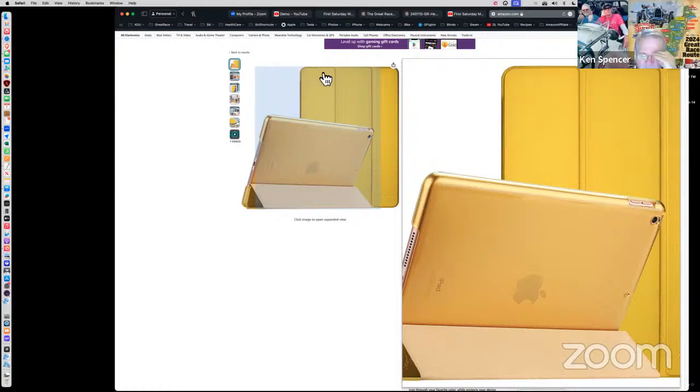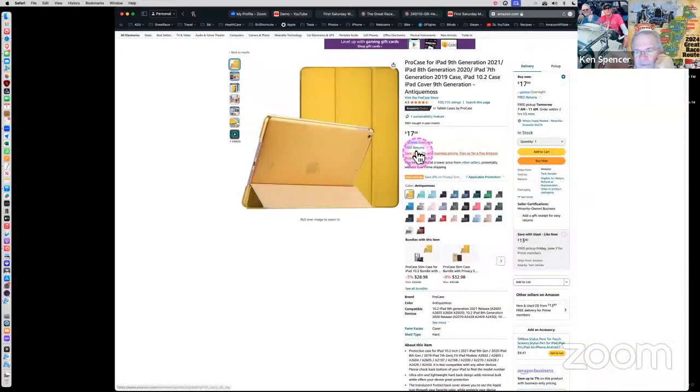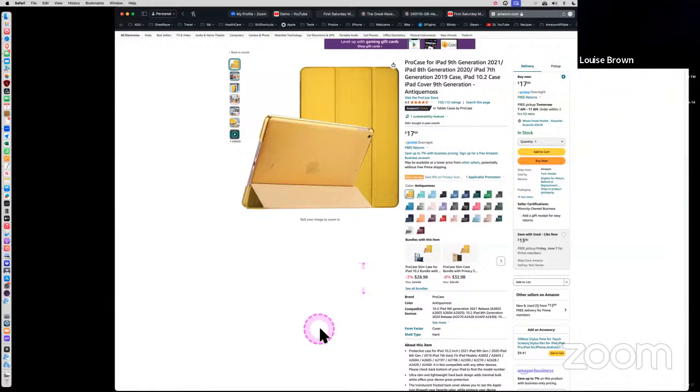Logitech makes some good ones, but I really think Apple has the best ones on that. And it's so important that whatever case you get, if you decide to do a keyboard case, if you decide to do one with a keyboard,